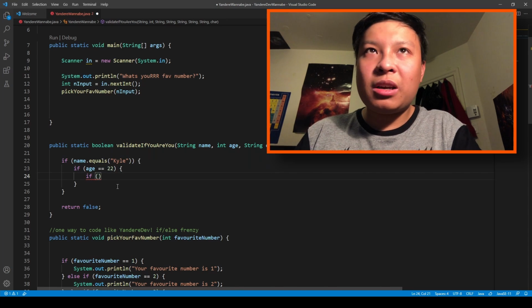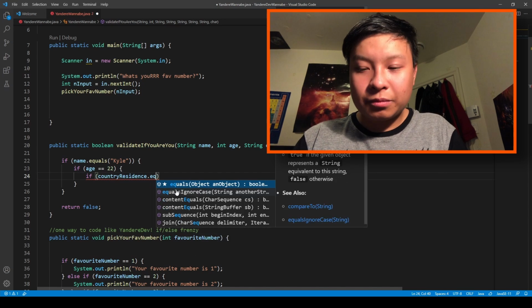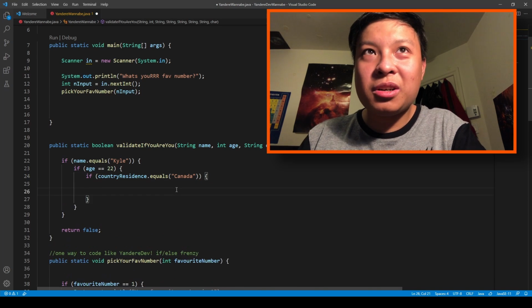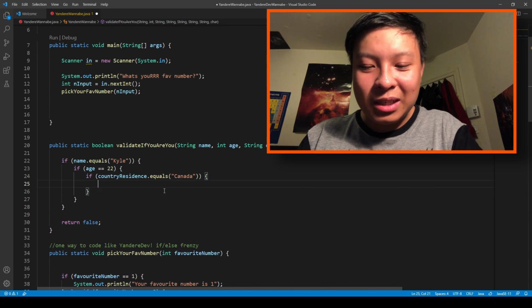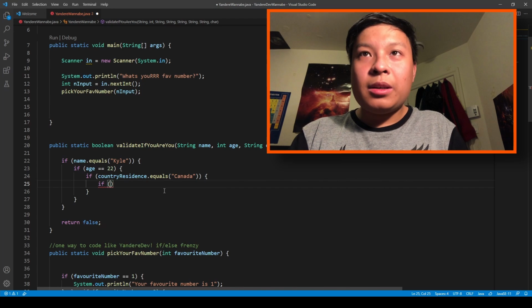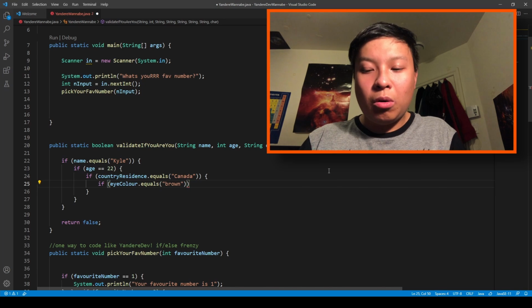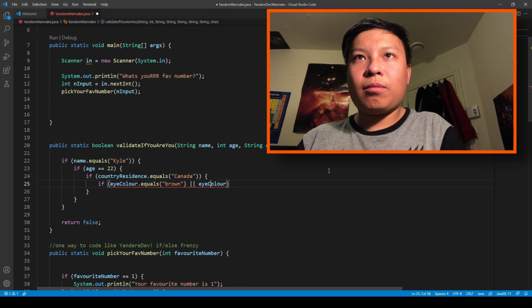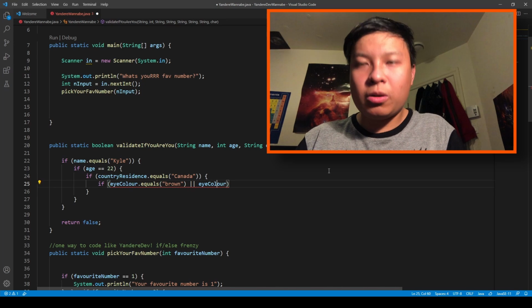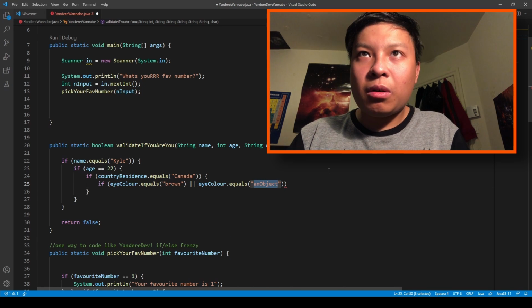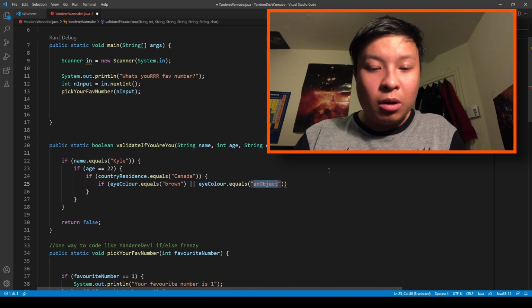I'm going to check if country residence dot equals Canada, because I live in Canada. If that is true, then it's going to test the next condition, in which I will do another if statement. Now it's going to test eye color. If eye color dot equals brown, or eye color dot equals, this is the only line where I'll do some validation, or some flexibility in terms of inputs, or brown